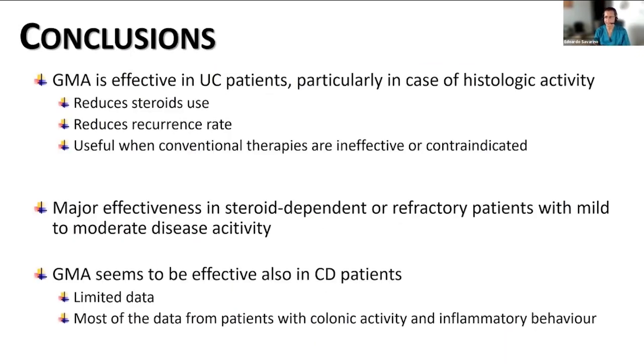I will end by saying that the GMA, based on efficacy data present in the literature, is effective above all in patients with ulcerative colitis, reduces steroid use, reduces the probability of having a recurrence of disease. It is useful when conventional therapies are ineffective or contraindicated, and is particularly effective when at histological level it is possible to document an excess of neutrophils in the biopsies, but this is quite intuitive based on the mechanism described earlier. Greater effectiveness can be recorded in patients who are steroid dependent or refractory